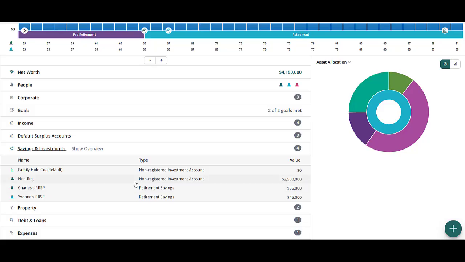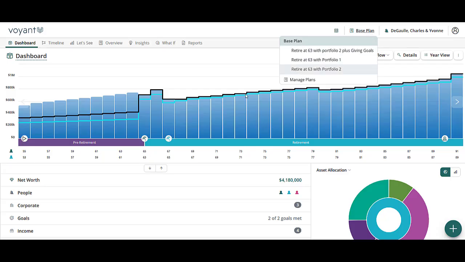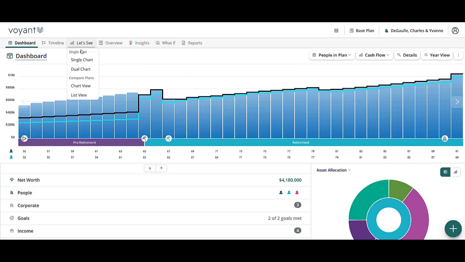And what we want to take a look at are two primary questions that they have for us today. One is, can they retire at 63 rather than their respective age 65s, which is what we have listed here in the base plan. And then also they're wanting to decide on which portfolio to invest their non-registered assets in. What we're going to do is first go to our Let's See screen